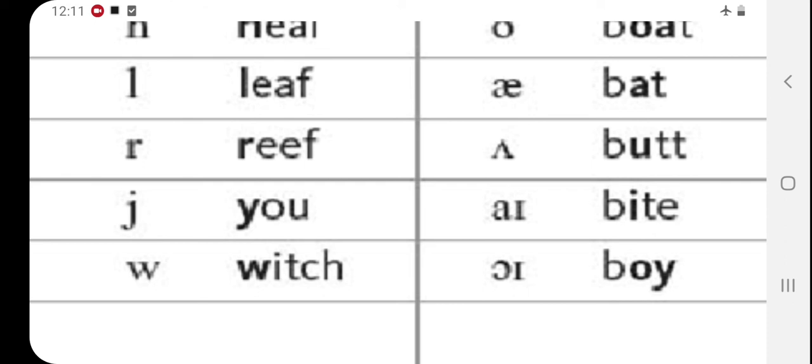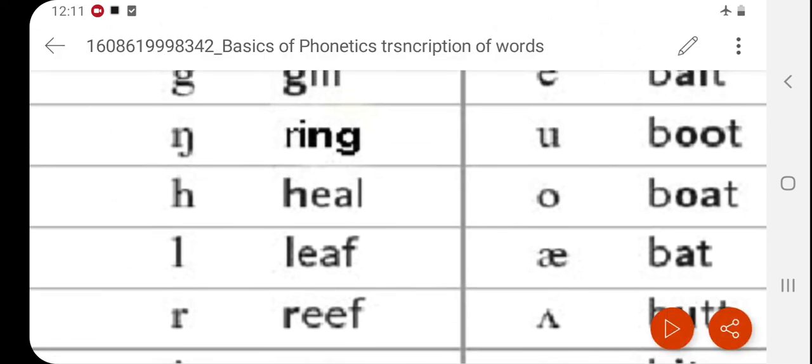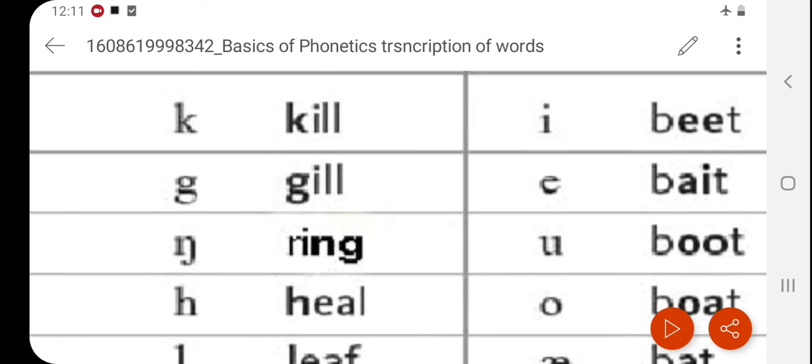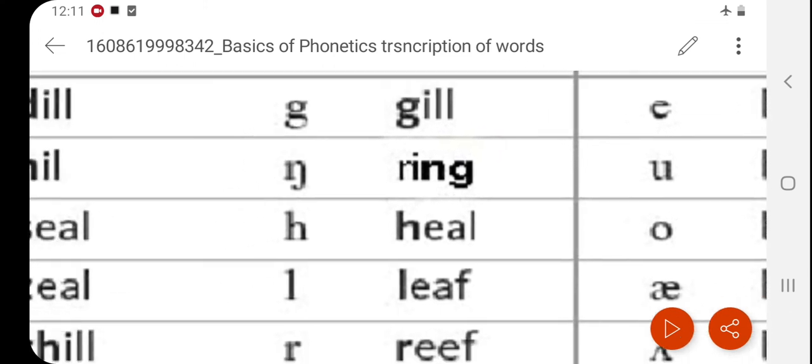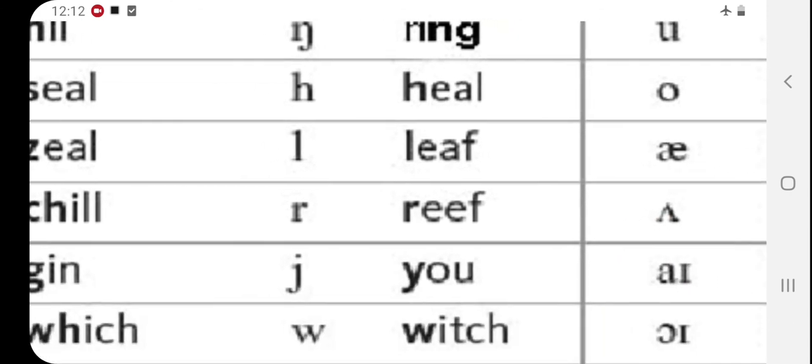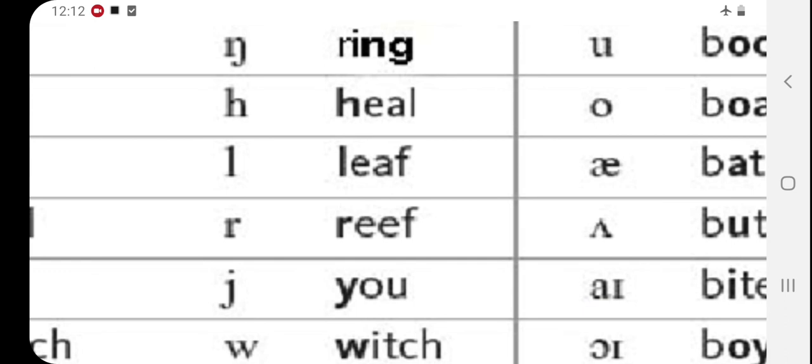So everyone who watches or listens to this lecture, you just need to note down all these symbols and practice, and raise your questions if you fail to understand any symbolic meaning, because the most important thing in phonetics and transcription of words is these symbols. If anyone understands how these symbols are transcribed, then the rest of phonetics and phonology is quite easier. The focus must be to understand what these international symbols are.